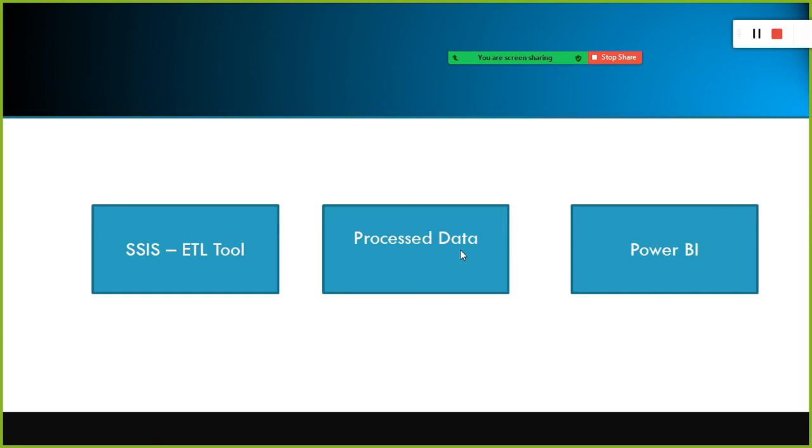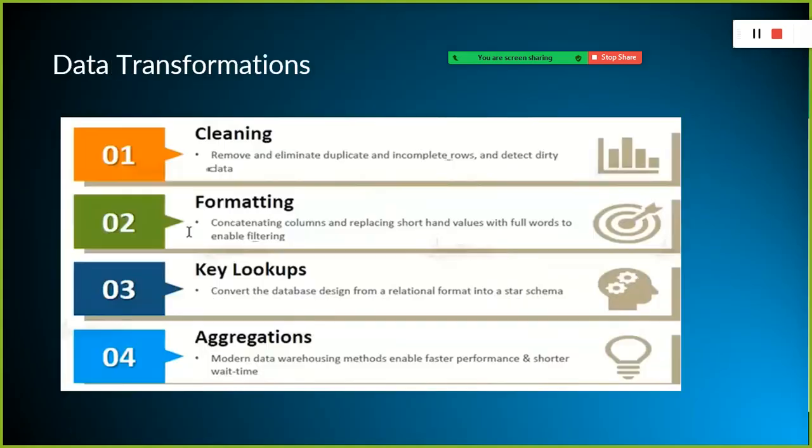So if you aggregate all the values, product wise, category wise, brand wise, and quarter wise, right? If you have already summarized the value, then all you need to do is simply fetch the summarized value and plot it in the charts. That's it. So as part of the processing, we do aggregation also. That is a very important step. As part of the data transformation, these are the basic 4 steps that we do.